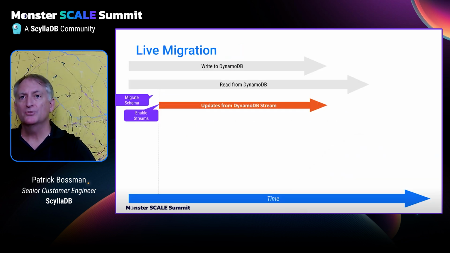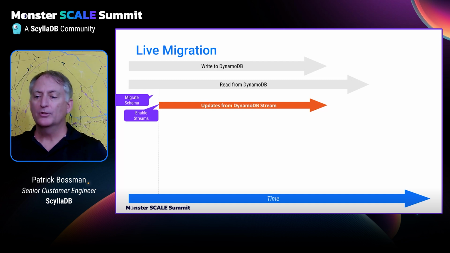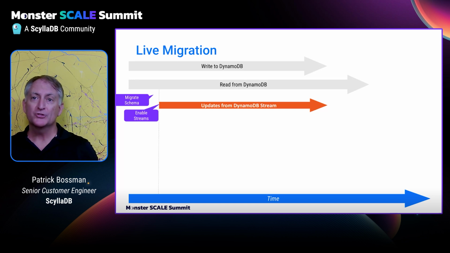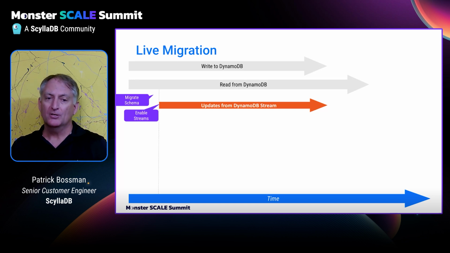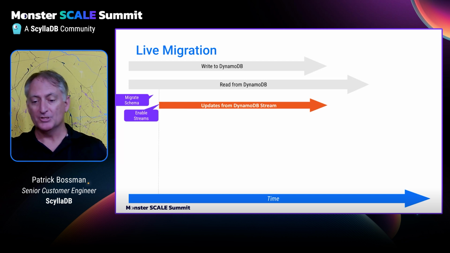So similar to the Cassandra migration that we talked about, we're reading and writing now from DynamoDB, and you would create the schema in ScyllaDB Alternator. And then to do an online migration, one of the options is to use streams from DynamoDB. And so you would enable streams. And what this does is it creates a stream of mutations, the before and after image of every change that's occurring to DynamoDB. And it basically puts that in a queue, right? And so you start to accumulate changes to